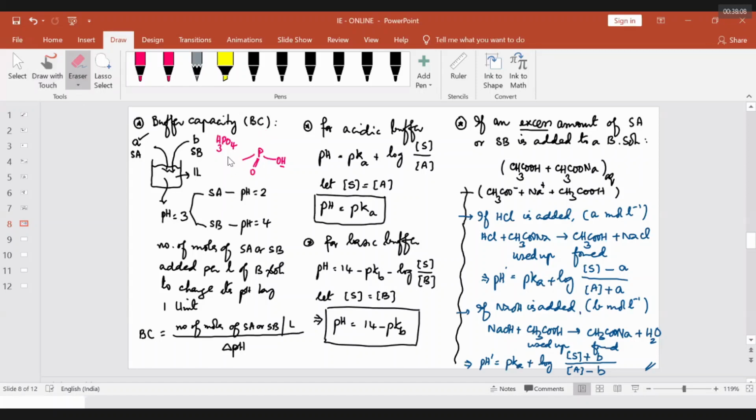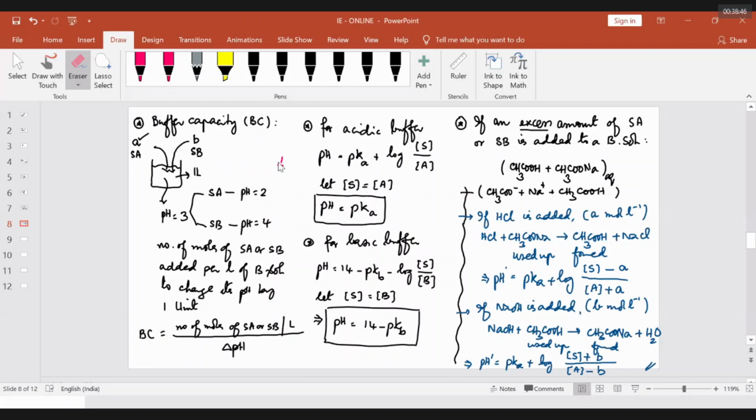I hope the answer is clear, but let us enjoy one more thing here. Suppose if I give you this fellow, H3PO3. Now see this, phosphorus, oxygen, double bond O, H3PO3. Now this hydrogen is replaceable, this hydrogen is replaceable. It is called dibasic acid, right? Remaining, you develop it. And for development, what to do?